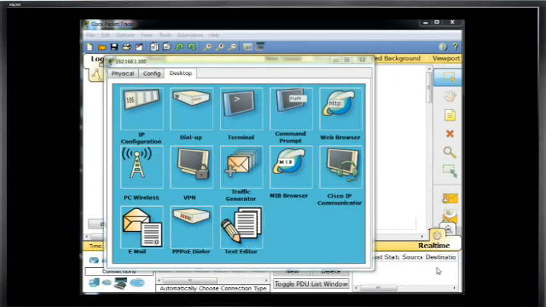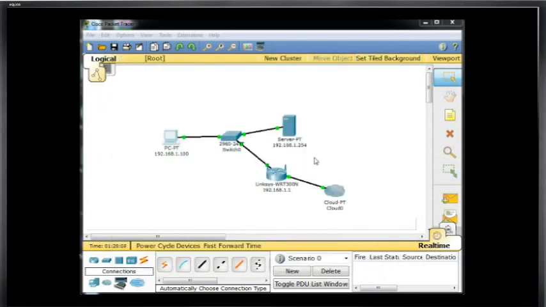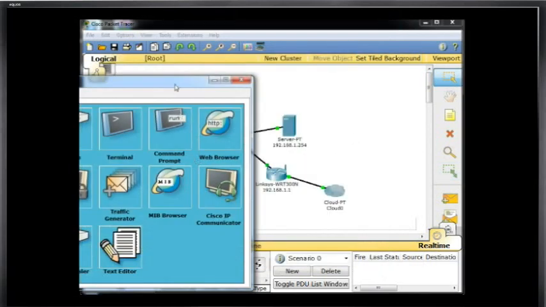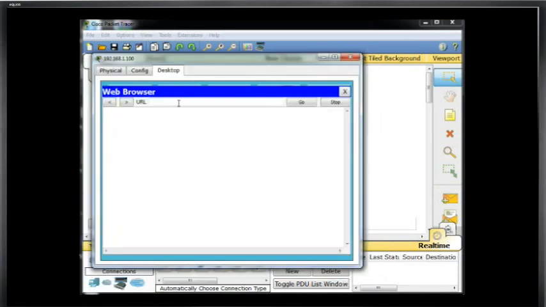Okay, let's keep adding to our network by adding some more services to our web server. First, let's look at this PC client here. Right now if we run the web browser and type in the IP address of our server, we get the web page, right? But what if we wanted this website to have a domain name,